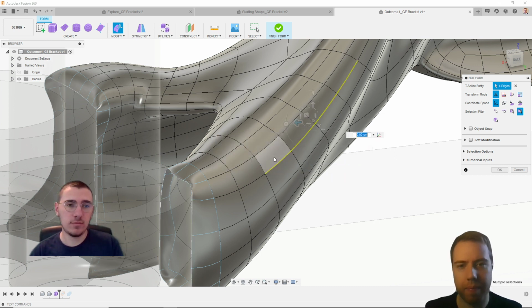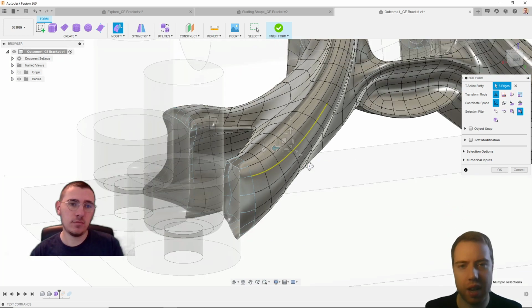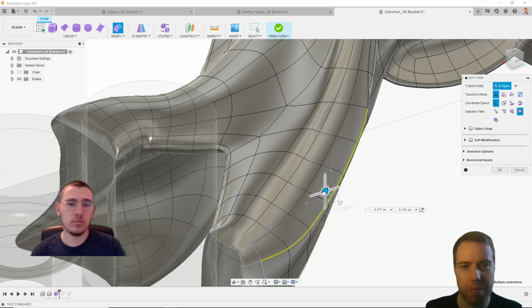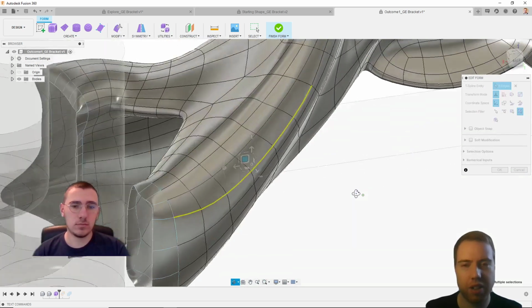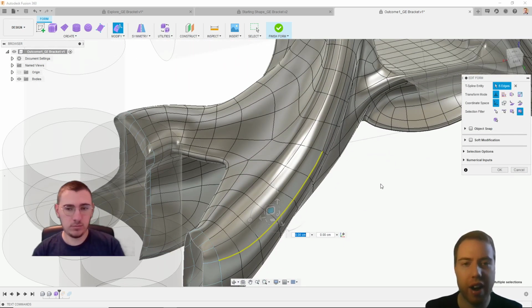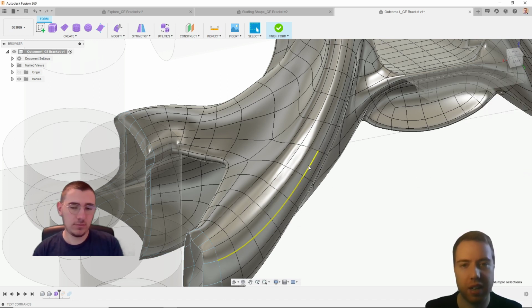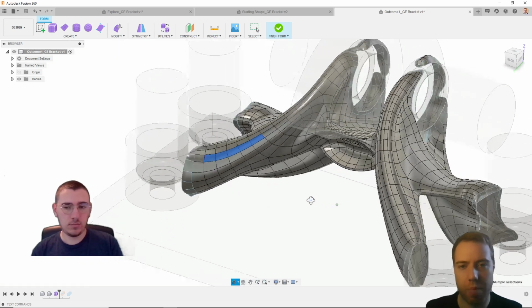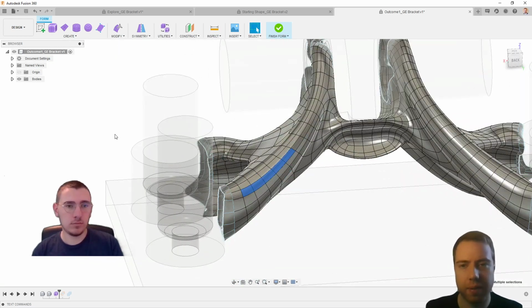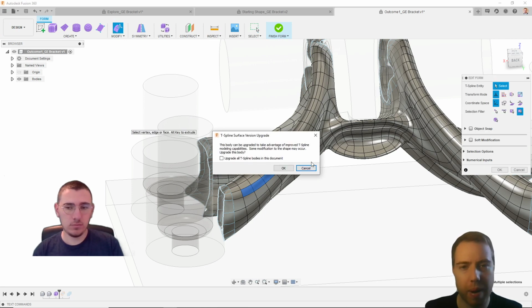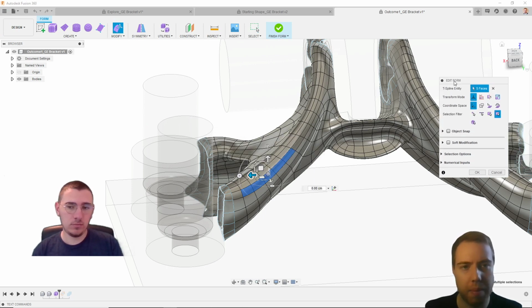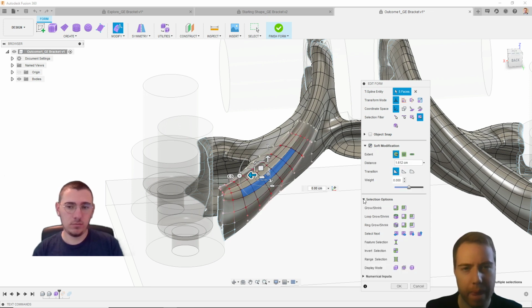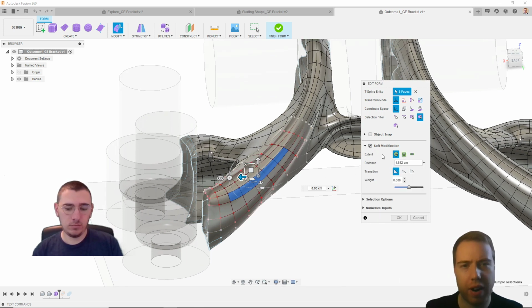If I grab one of these edges, for example, and we move that edge, we can see that our shape is changing. Now, I don't want to introduce a sharp crease into this design with that process. So I'm probably going to want to select these faces. And the other thing that I'll probably want to think about is creating what we call a soft